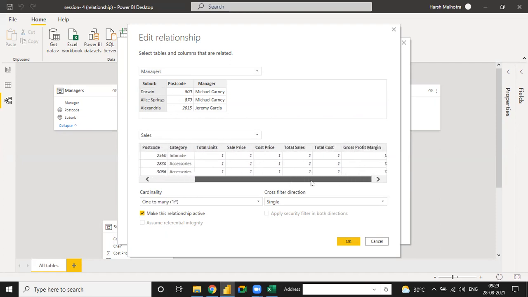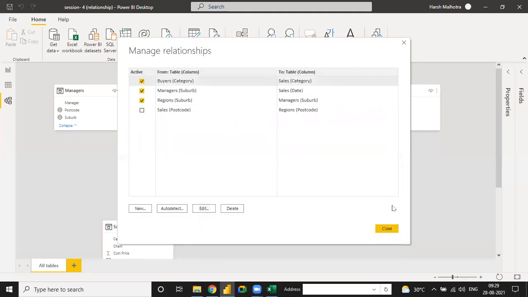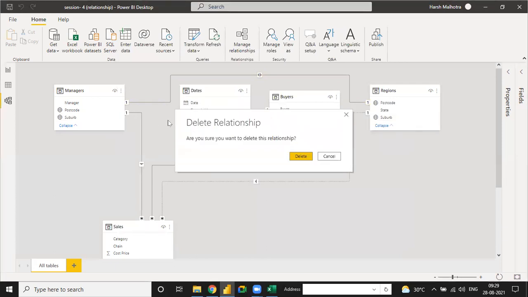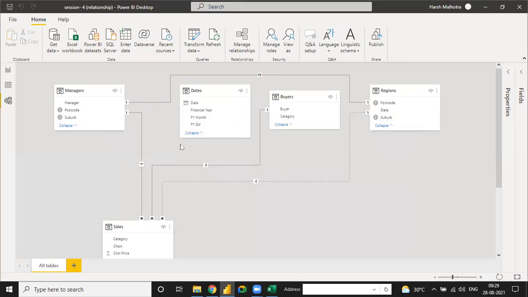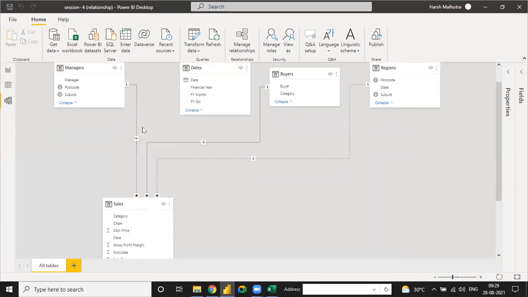See, here is a suburb and it's not connected. Right now the table is not connected with any type of location, suburb to postcode, because suburb and date is not connected. So we have to use the changes of postcode to postcode. Okay, so this kind of relationship we have to choose every time. So first I click on cancel and close, and I delete all these relationships. Delete. And I will add all the relationships with my own.